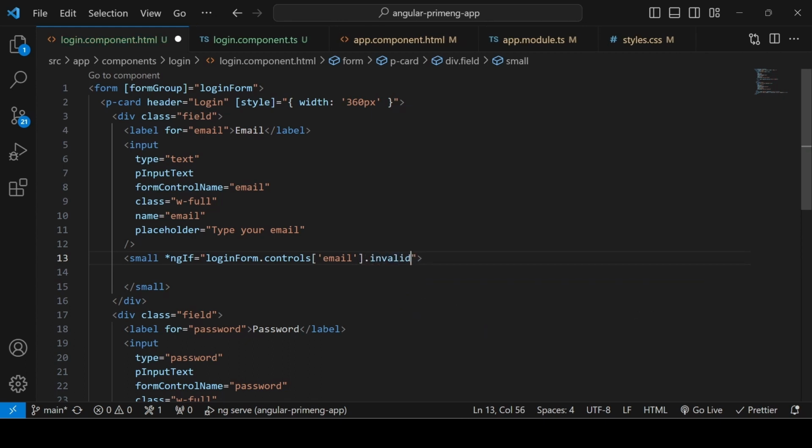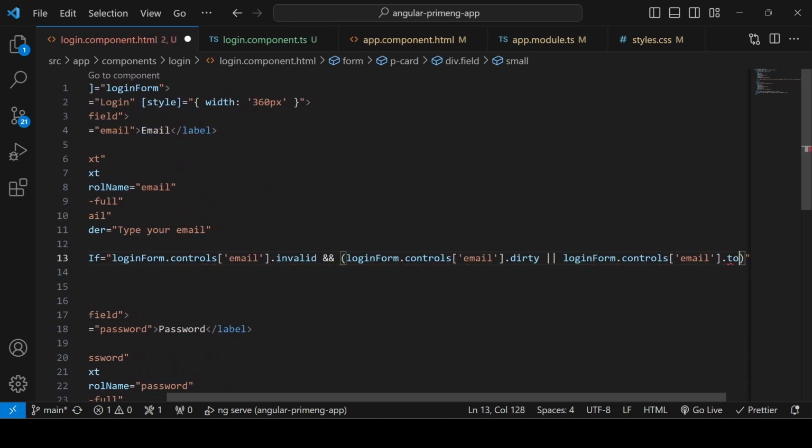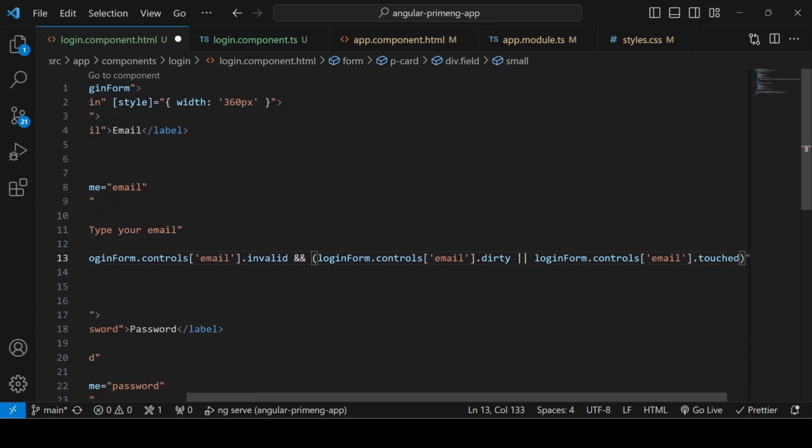Okay, then you have to show some text, something like that you can mention. Here you can add, and again you have to add these many things, and then if it is dirty, or if you say touched, so loginForm.touched, then you have to mention